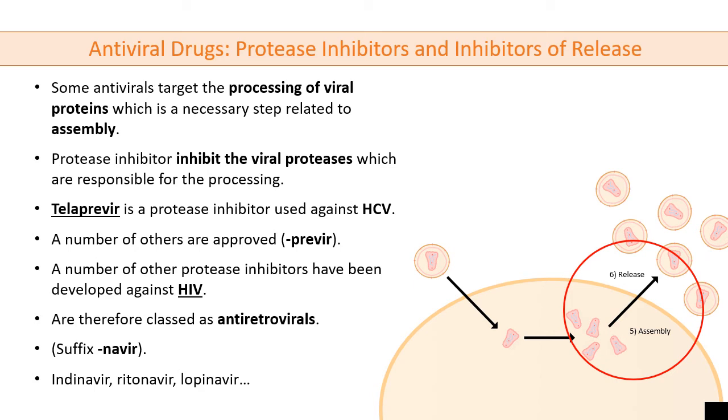Finally, we have the stages of assembly and release. So the new virus particles, after the genome has been replicated and expressed, must assemble. So the viral genome copies are surrounded by viral protein. Again, if this is not sounding familiar, you need to read up on this. And then these new viral particles are then released from the cell. Now, some antiviral drugs will prevent this process of release, so they will prevent the virus particles from exiting the cell. Some will also prevent the process of assembly, so as the new viral proteins are being chopped and changed